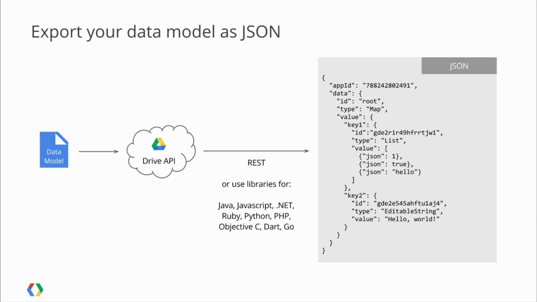So we're excited to announce that we're going to be adding the capability to the Drive API to take a real-time data model and export a JSON representation of that data model. Now, because this is part of the Drive API, you can use any of the great client libraries we have for the Drive API for a variety of languages, or if you want, you can just use a very simple HTTP RESTful call to download this data model. And again, we use OAuth 2.0 for this. It's very simple to get set up. And you get this